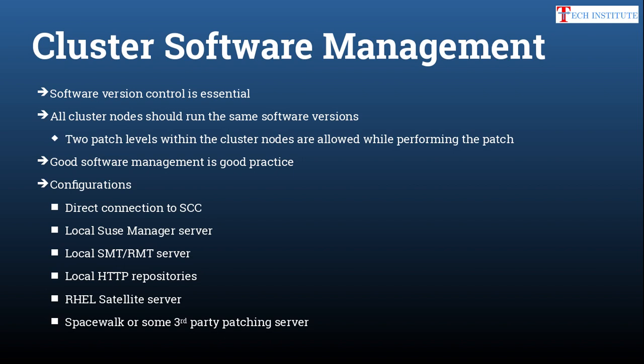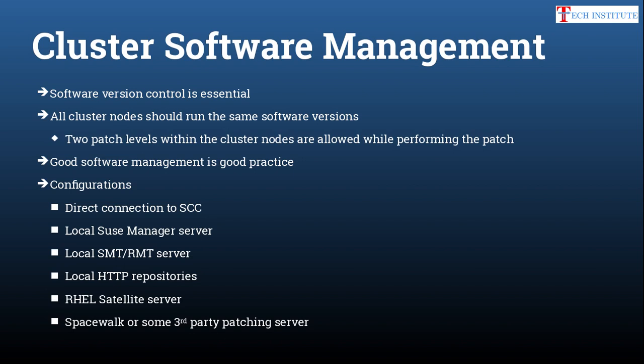So if you are doing this, suppose first you should do it on a test node and then you should move to production, right? By the time you do the test node, maybe it is the first week of your month, and by the time you do your production it is like the last week of your month. So when you do the last week of the month patching for your production server, you may see a newer version compared to your test server, what you installed there. So that control you will not have.